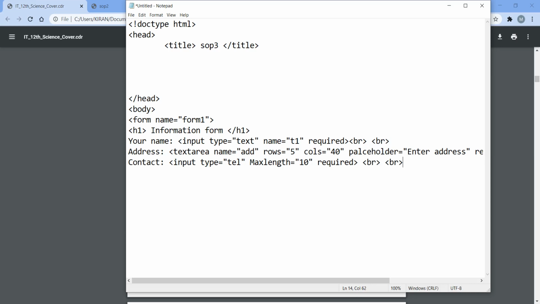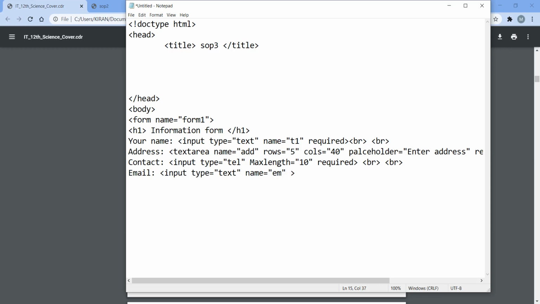Then br, and after that comes email address, email, then input type is equal to text. Here we can use email or a normal text box. Then the name property is very important here, so I will give id em for that email address.